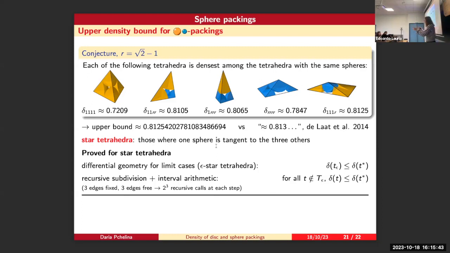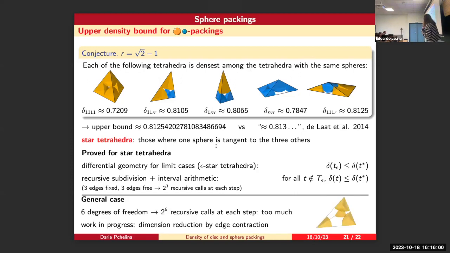And the fun fact: the space of all star tetrahedra is actually 3-dimensional, because we have one sphere which is tangent to three others, and so there are only three edges which are free. So in this case, we have 8 recursive calls at each step. So why didn't we do the general case? It's not proved, because for the space of all tetrahedra, we have 6 dimensions. So at each step, we would need 64 recursive calls,